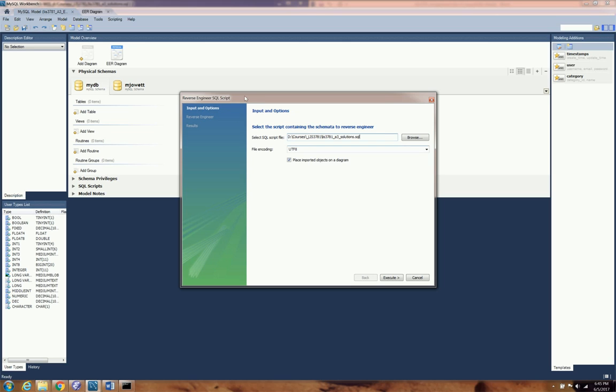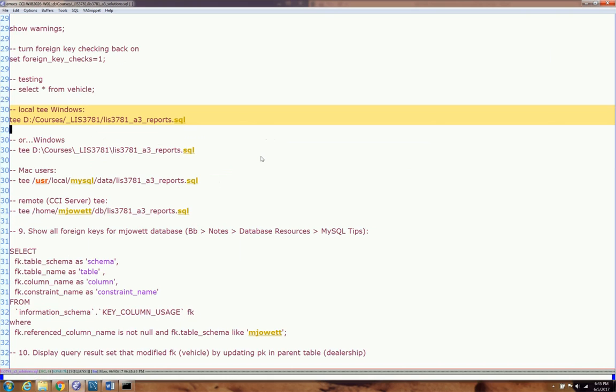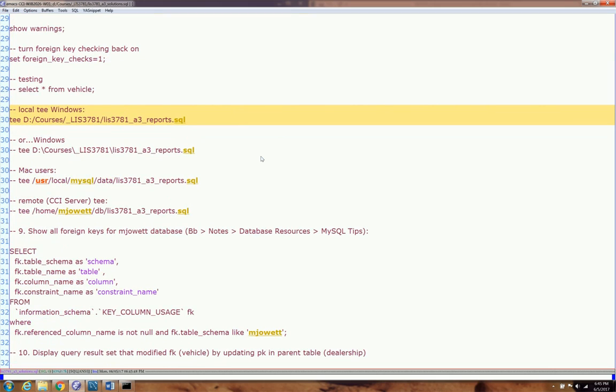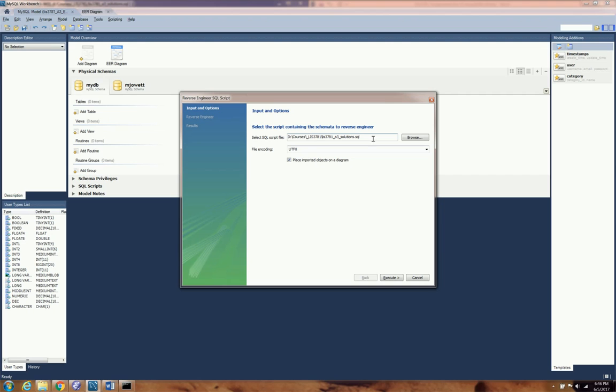Okay, now I do want to say this. You're going to see a couple of errors here, and that's because not only am I pulling the create and populate statements, but I'm pulling in all of the other statements for the exercises, for exercises 9 through 20, as you'll see shortly. That's why you'll see a couple errors here, but we'll disregard those errors, and all we're worried about is the create and populate statements. Now, mind you, it's not going to populate your tables, but it will create your tables. So, find the file, execute it,